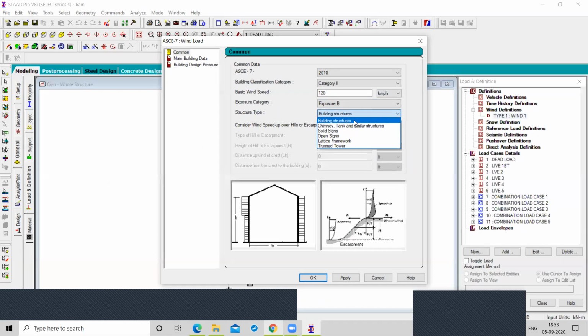Whether it is a building structure, chimney, solid signs, open signs, lattice framework or trussed tower. So my building is a building structure, right? Building structure. You have to click on apply after it. After applying, go to the main building data.